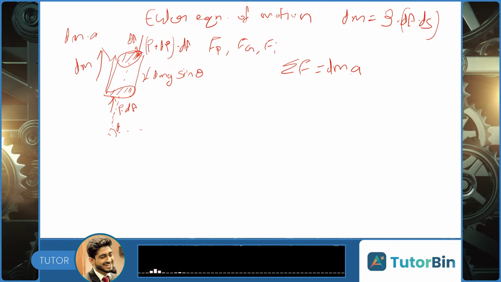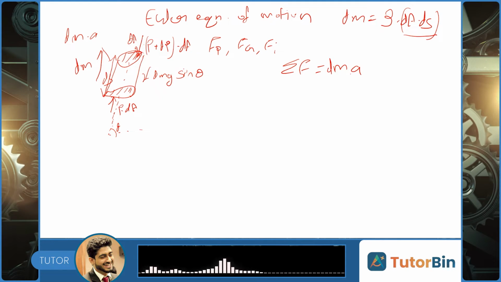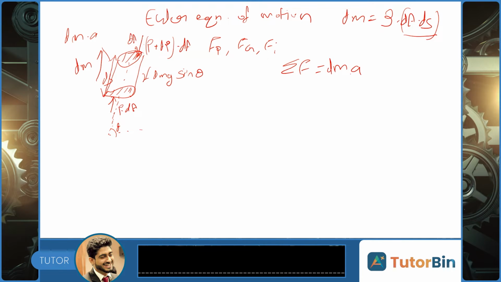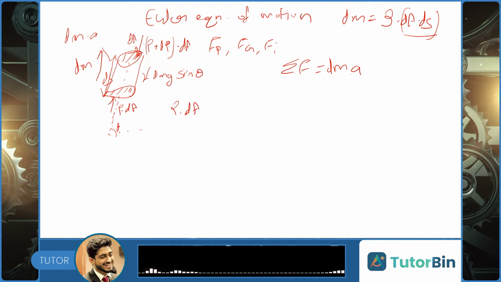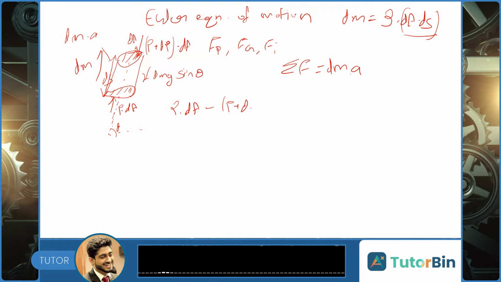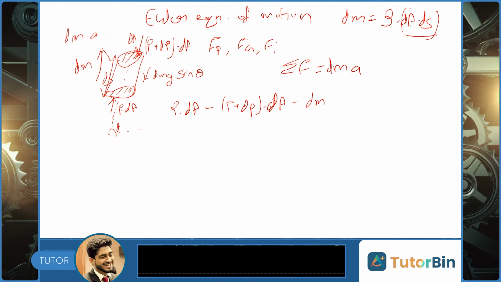If we consider ds as the length of this element, then dA ds will be the volume, and volume multiplied by density will be the mass of this element dm. Equating all the forces, taking this direction as positive, so this force P times dA, and this in the negative direction, minus of P plus dP multiplied by dA, and this gravity force minus dm g sine theta,